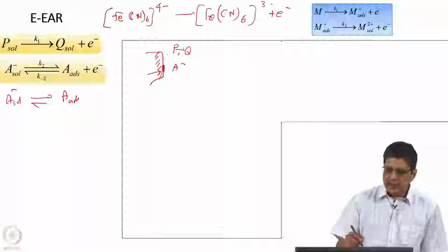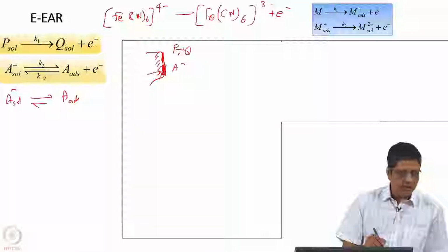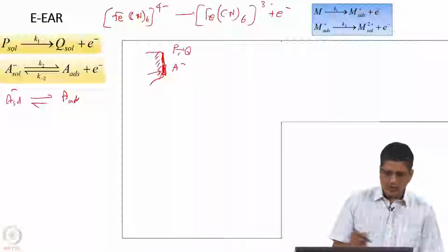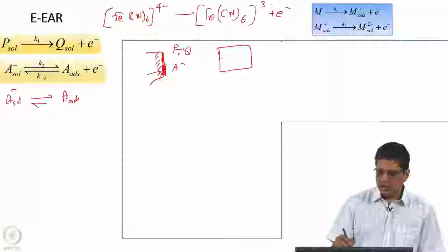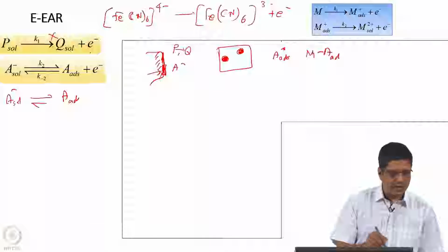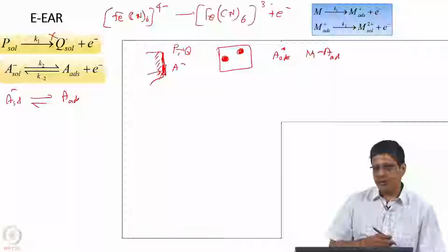Okay. And this can occur only on the free surface, that means any surface where A is adsorbed is not going to catalyze this reaction of P going to Q, only the surface which is free. So, if I take this surface and let us say this is the front face of this electrode, facing the solution, in these areas we have A minus adsorbed and it releases an electron. So, it becomes A adsorbed. A adsorbed here means it is a bond between metal and A, this is how it looks. In these locations we will not have this reaction happening. In other locations where bare metal is present, this reaction can happen.